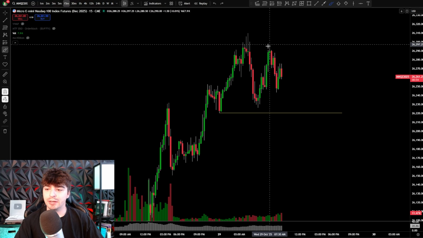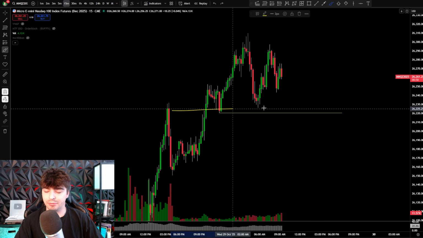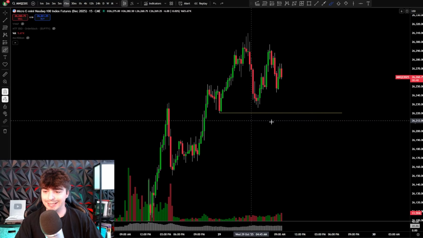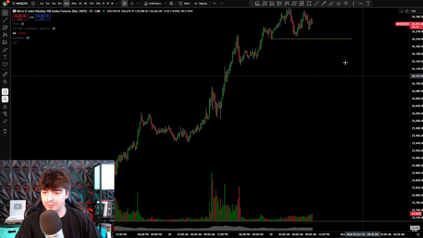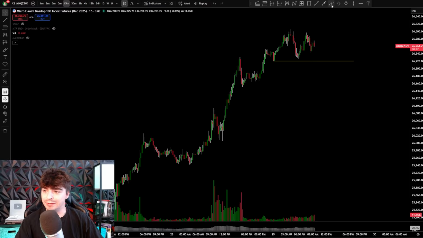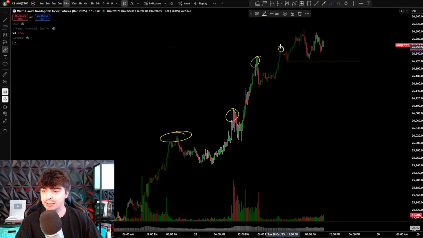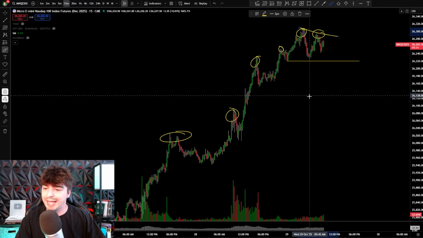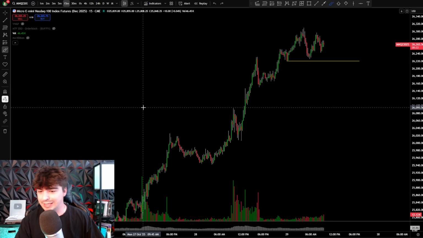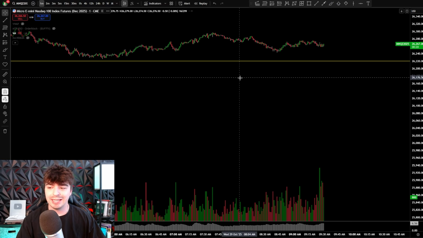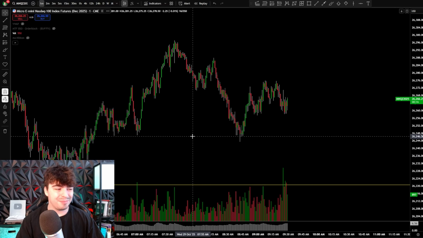But right now, we just created that lower high there, and so naturally price is going to want to gravitate towards these lows, and I think it's the first time we've created a lower high in quite a bit on this 15-minute chart. You can see we've pretty much only been creating higher highs, higher lows, and now we've just created that lower high there. So slightly short bias.